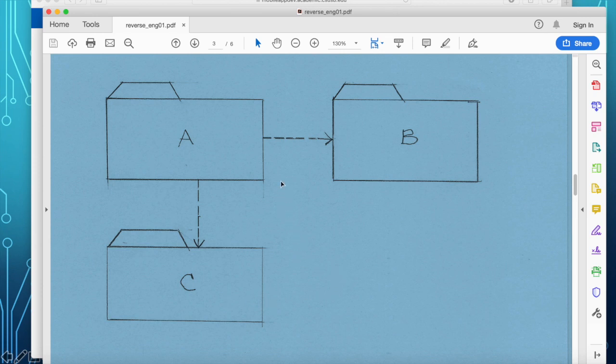The next thing that you should do is to replace the communication lines between packages. Packages A and B have a communication between them, and also from A to C, there is communication too. So I will replace those communication lines